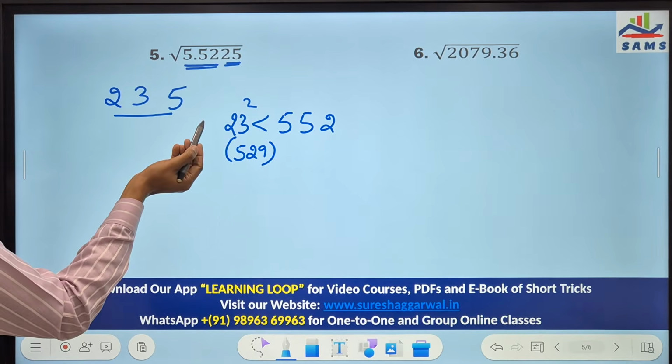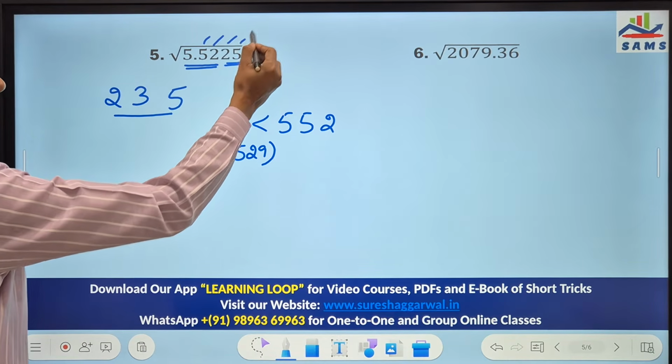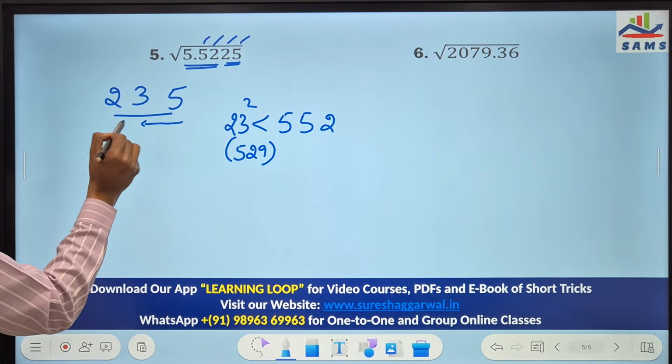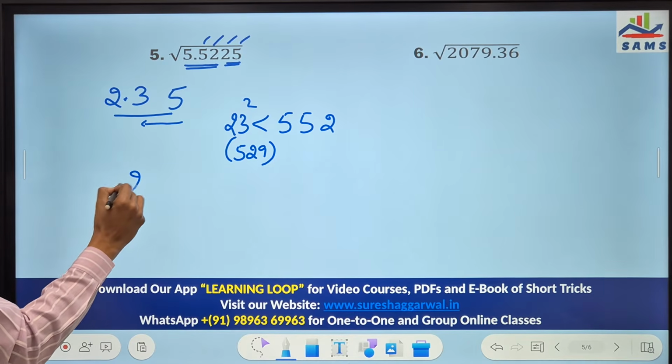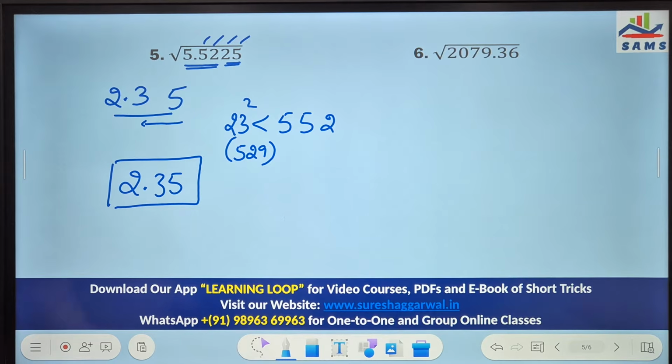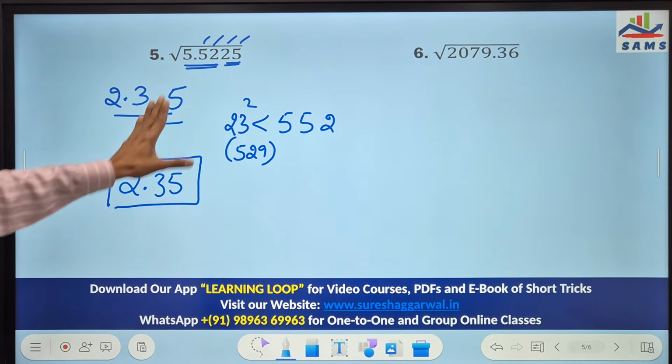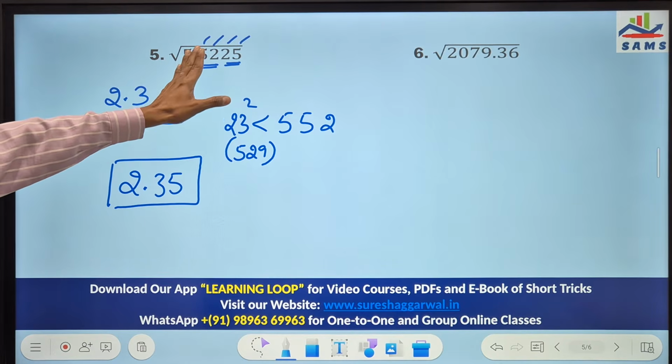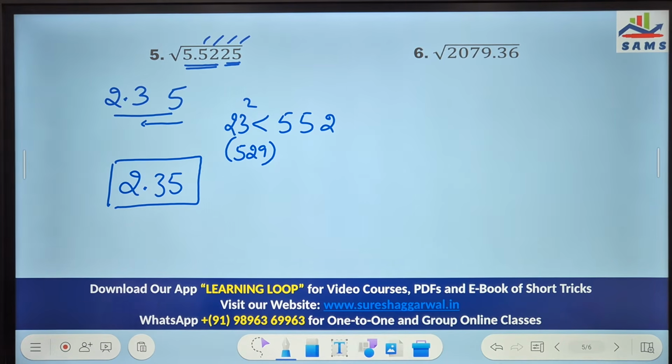Now no more options. Here we have 4 digits after decimal, so 2 digits after decimal in the answer. So your answer for the question is 2.35. Now you can do 2.35 times 2.35 on the calculator. You will find that it is 5.5225. Likewise,